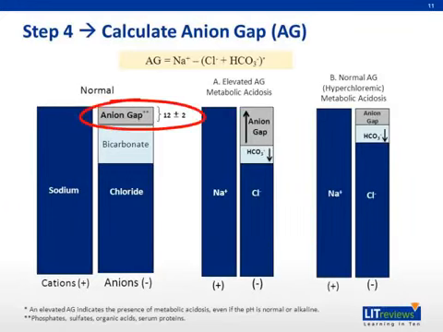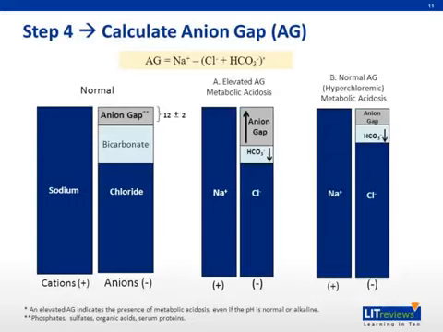The anion gap is usually 12 plus or minus 2, and this includes usually phosphates, sulfates, organic acids, and proteins, including albumin. In these two examples, there is a decrease in the concentration of serum bicarbonate, which by definition is a metabolic acidosis. In example A, the low bicarbonate is due to an accumulation of another anion. This is called elevated anion gap metabolic acidosis, in which case, if you calculate the anion gap, it will be